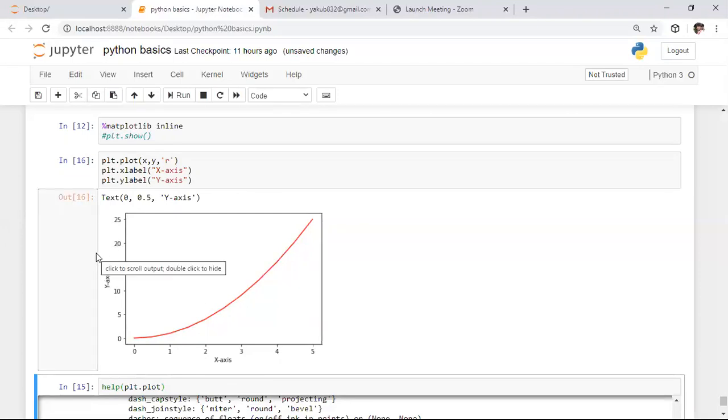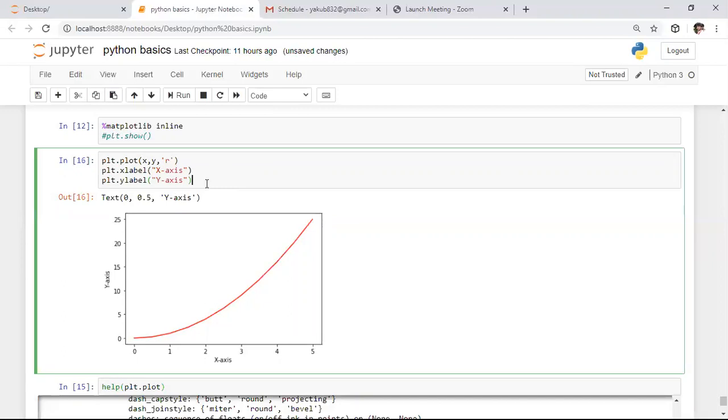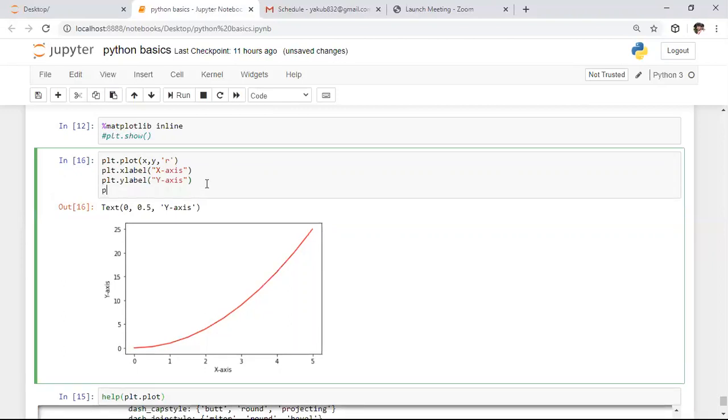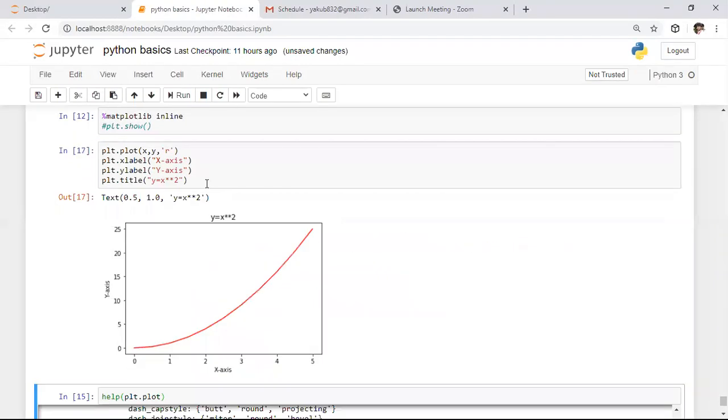After this, if you want to keep some title for this entire graph, we need to use the title function. Title is the function which is used to keep a title for any graph. For this graph, I want to keep the title as y equals x squared. So here it is a y equals x squared graph only. For that purpose, I want to keep y equals x squared as the graph name. After specifying this graph name, it is coming in the form of a title. So the title for this is what I kept, y equals x squared. Based on your requirement, you can keep any title.